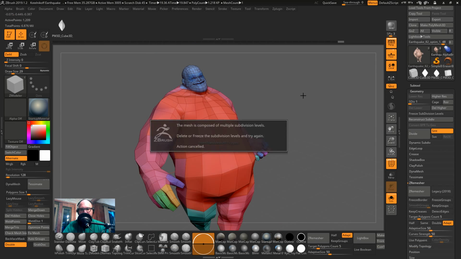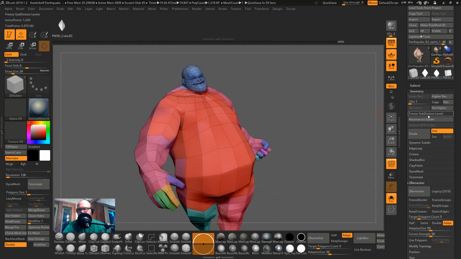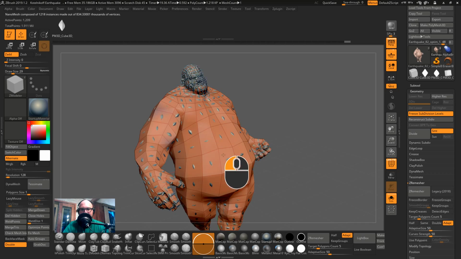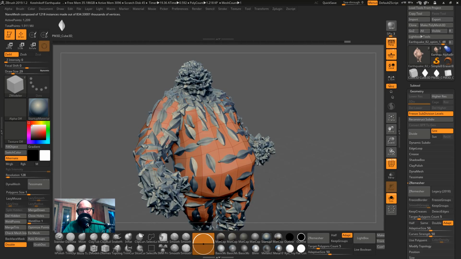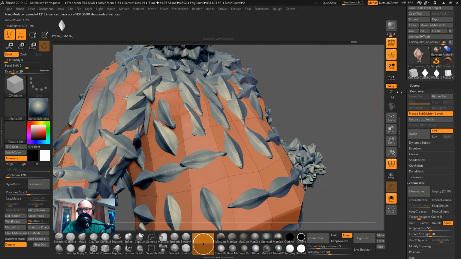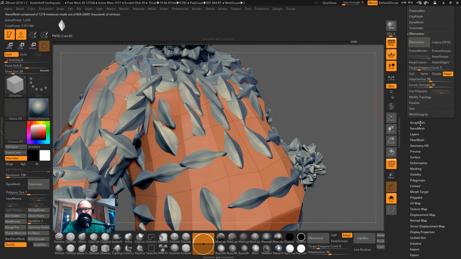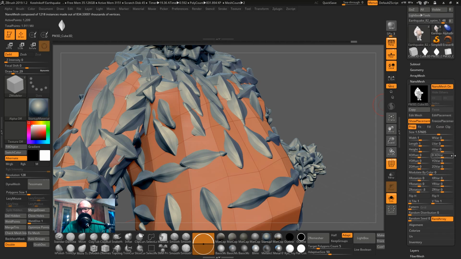So I've got that brush. It's telling me to freeze, so I can freeze in this case. So it temporarily hides all the division levels, allowing me to make changes. So I could add loops, I could change UVs, I can do an insert mesh, right? These scales aren't quite to the right size, and then once I was done the insert mesh, I would just